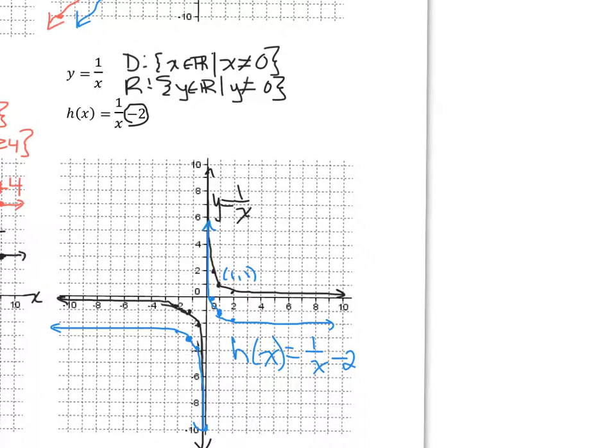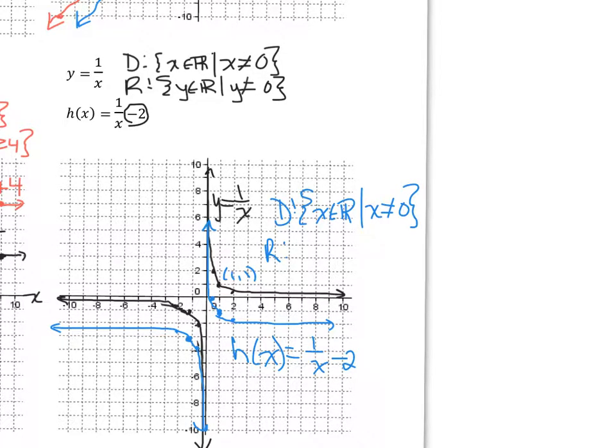So now we have the new graph mapped down 2 units. So it has been vertically translated down by 2 units. And so now what we have, if you can see this, is we don't have any difference on our x. So we don't have any difference on what our restrictions are on our domain. So our domain is still going to be,